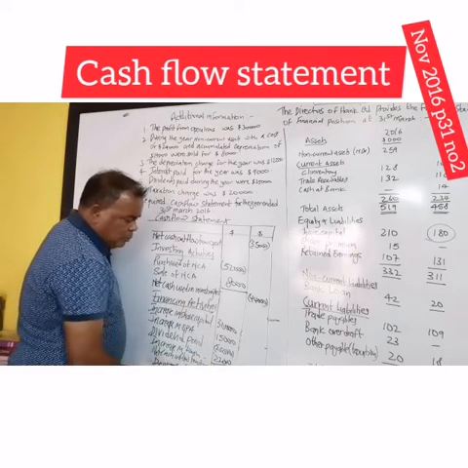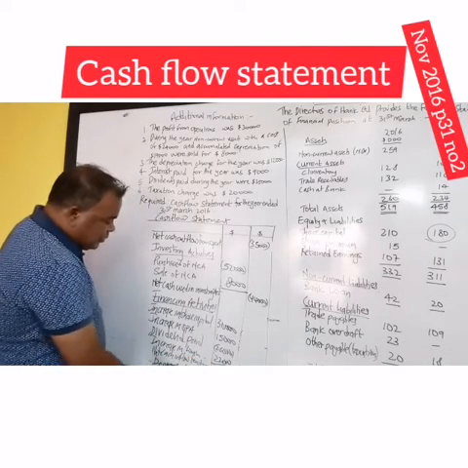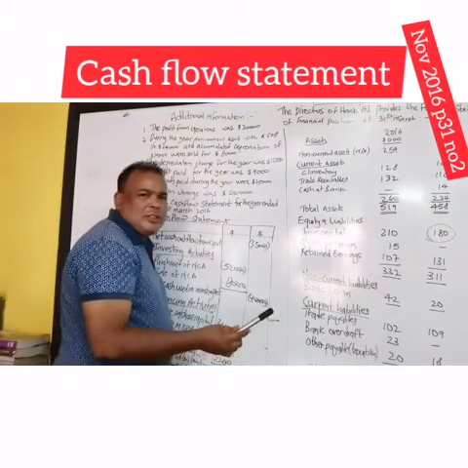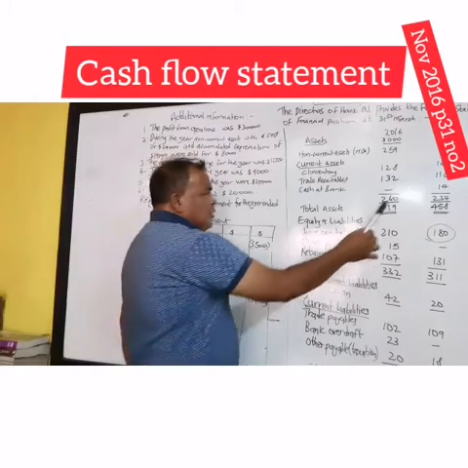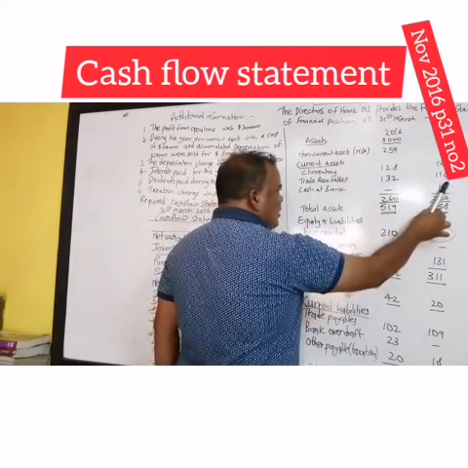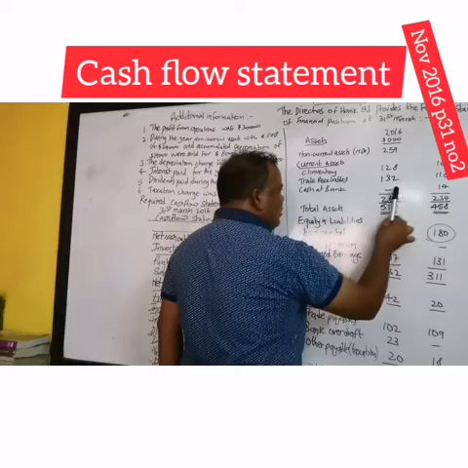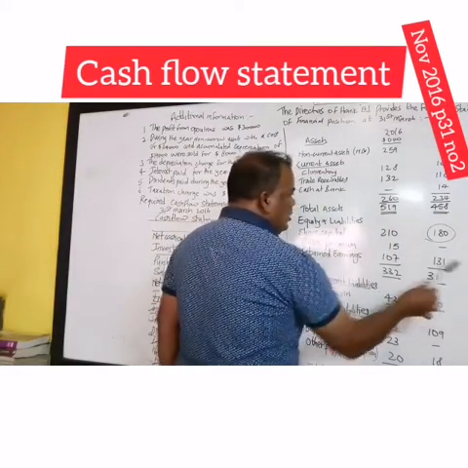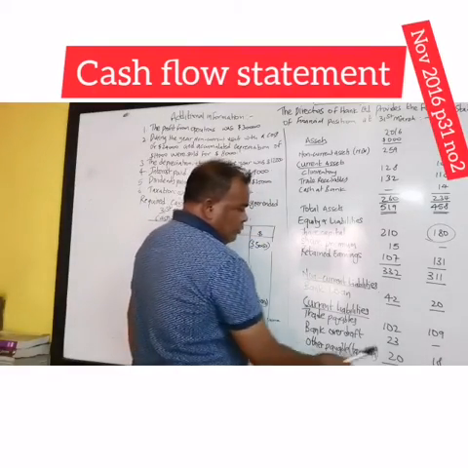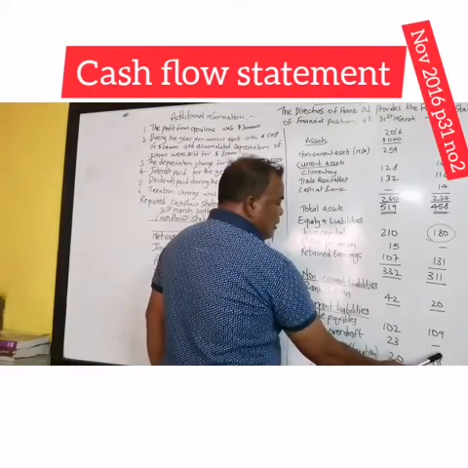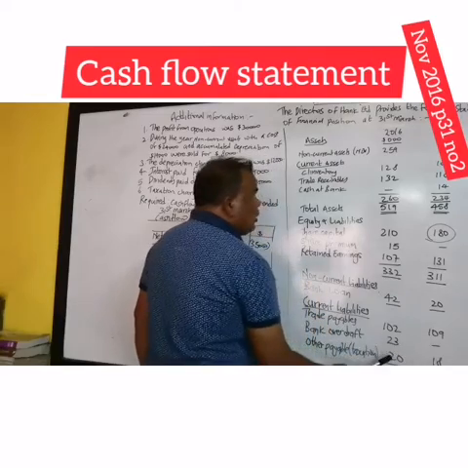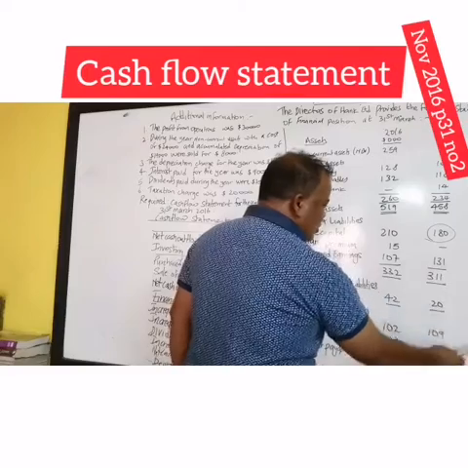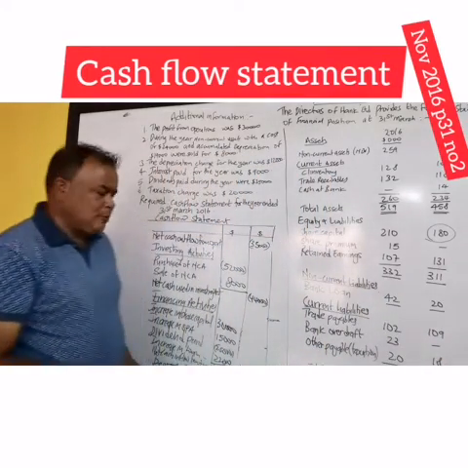Then 35,000 negative, 44,000, and then 42,000. The difference will give us decrease in cash, 37,000. If you want to check whether this answer is good, we have to check the bank balance. We have 14,000 in 2015. Now we have spent all the money, so it will become negative 14,000. We have bank overdraft 0 in 2015. In 2016 we have bank overdraft 23,000, negative 23,000. This will give us 37,000.